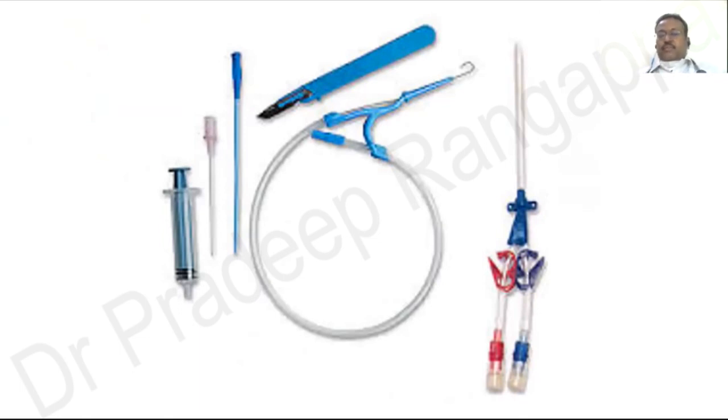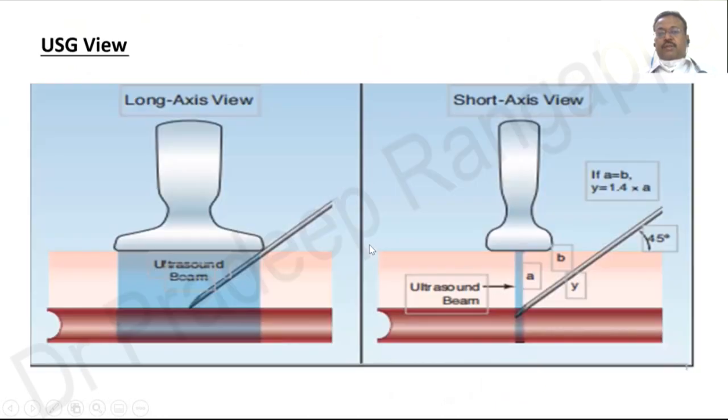I'm sure most of you listening to this would have seen the catheter set. It comes with a syringe and sequential dilators. Then it comes with a blade to make an incision, and it does come with a guide wire, and then it has a catheter. So these are very standard, typical components of a central venous catheter set.